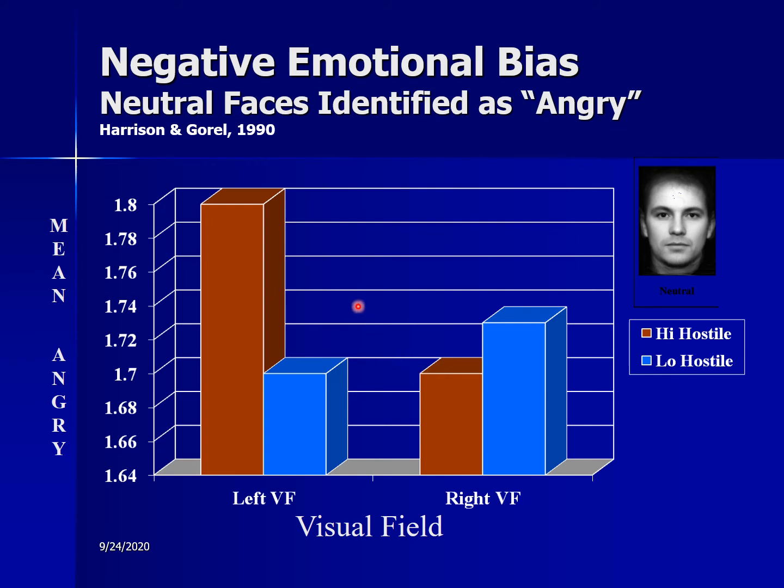So this negative emotional bias that we found for visually presented faces, we also found for the tone of your voice, for your posture, etc. So regardless of the sensory modality that we're looking at, hostile violent prone folks have a negative emotional bias. I encourage you to be very respectful with them and realize that they're seeing things a little bit different from you. Okay?